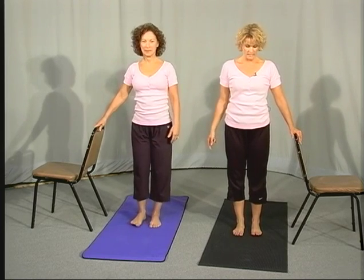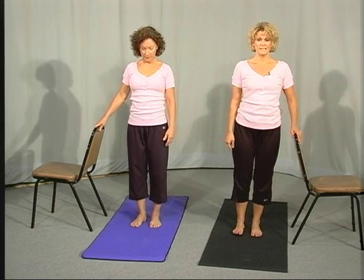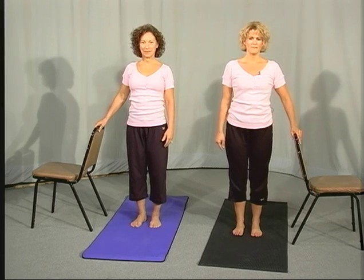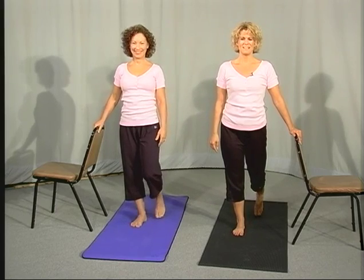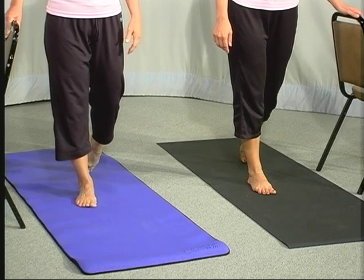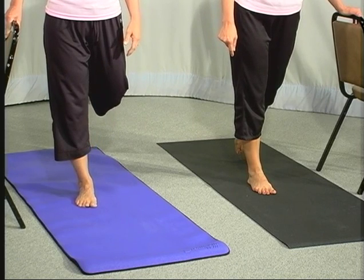Let's change sides. So transfer your body weight now to your right foot. That knee is soft. Let's take it back to the left. We already did that side. Let's go ahead and bring the right foot back behind us. Good. Nice tall posture. On your exhale, let's go ahead and start to bend this right knee a little bit,